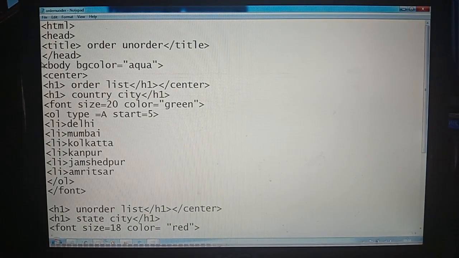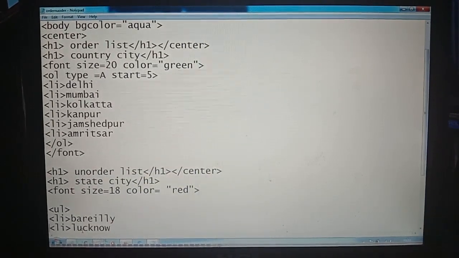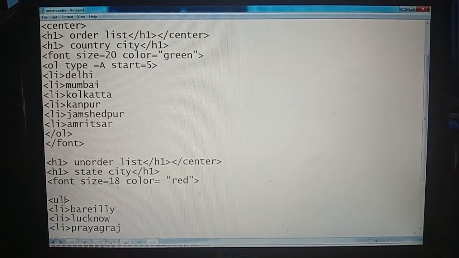Here also we can use the unordered list. In the unordered list we can set type equal to a value. What value do you want? The default is disk. Now if you want a circle or square, we can write square.